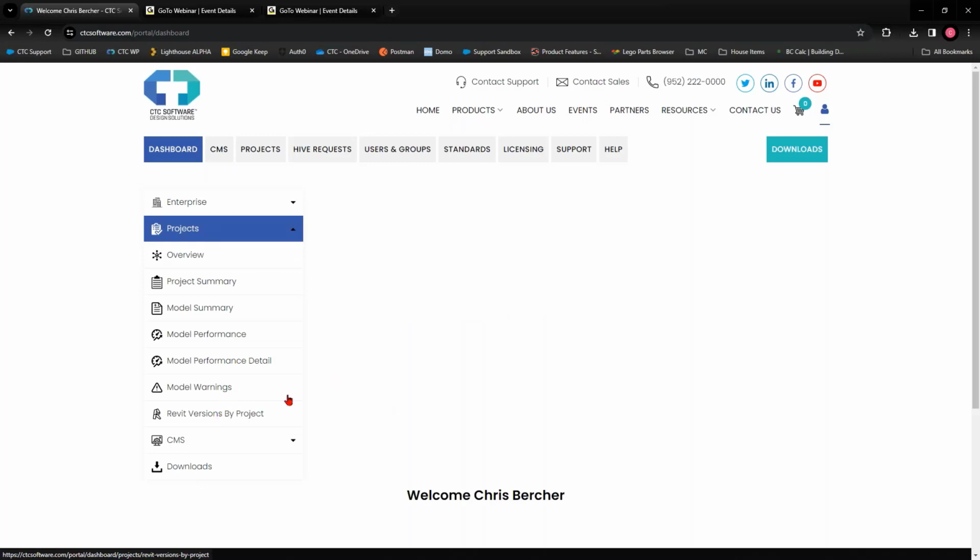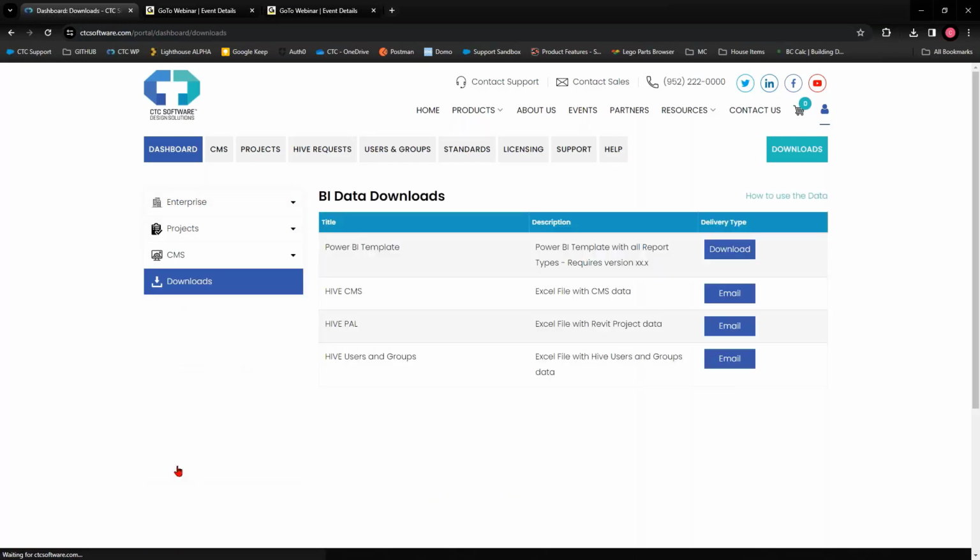Now, we've looked at all the reports already, and these are effectively the exact same reports that you had in the Power BI file. Maybe with this method, there may be some reports where you need to change some of the filters, or whatever the case may be. You can't edit the data here in the portal. But what you can do is download your own Power BI file and get your Excel reports for the data, stitch it all together,